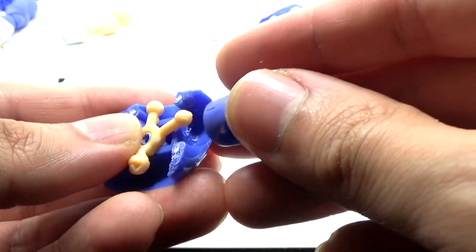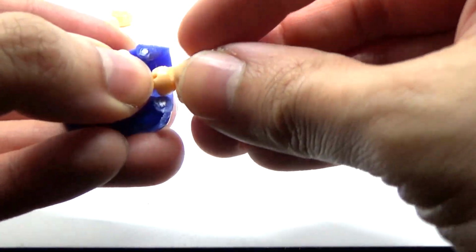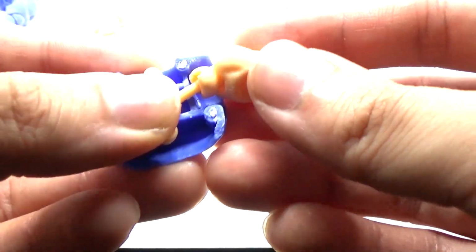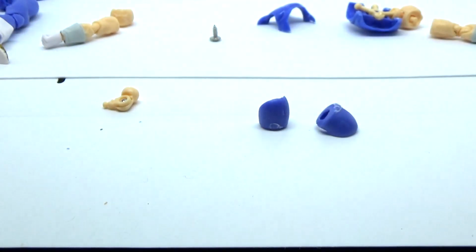In hindsight, I wish I had recorded a bit with me putting the front part of the torso right back on there. But at least I thankfully did review the side. Let's get the side peg back on there. And if we slip the shoulder bit in, you can see everything kind of sticks out of the socket in this case. And the only way to really fix that particular bit is to physically shrink the tag in the peg inside the body, and also sand out parts of the little back shoulder there in order to actually make it